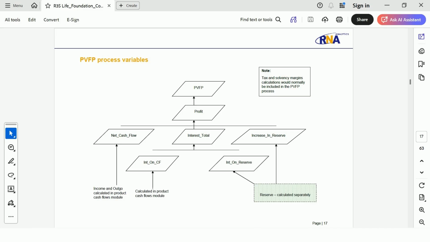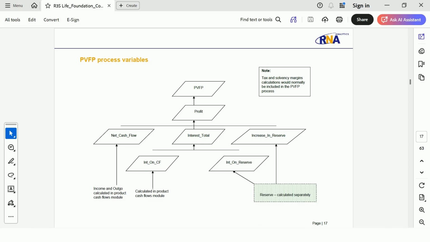The PVFP process is shown on page 17 of the delegate binder. For calculating the profit, we need the net cash flows, the total interest, and the increase in reserve. Net cash flows can be calculated by using the income and the outgo defined in the product module. The interest on cash flows is already included in the product module.